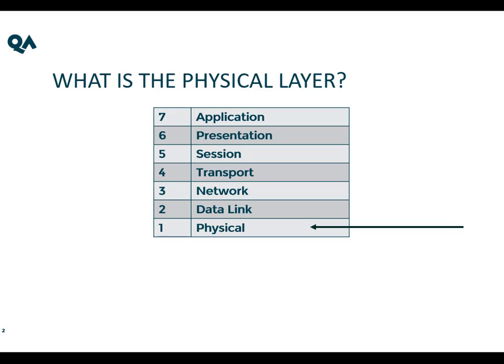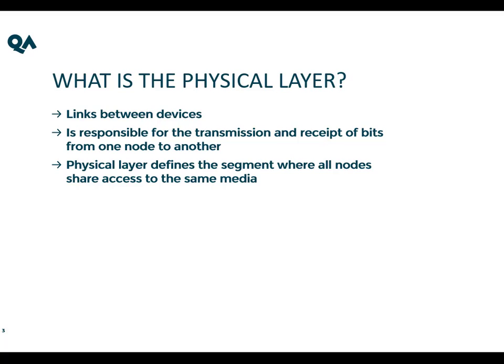So the physical layer is layer 1 of the 7-layer network model, and it is responsible for things that we can see physically. The name's a bit of a giveaway in the case of the physical layer. The physical layer itself is a physical component. So we can physically see the links between devices. If we're looking at wireless, yes, you may not be able to see wireless transmissions, but you can see physical cables. And the link that we have between the network nodes is created by using some form of transmission or physical media. Now that could be cable, like we said, it could be wireless. And the physical layer of the OSI model is responsible for the transmission and receipt of bits from one node